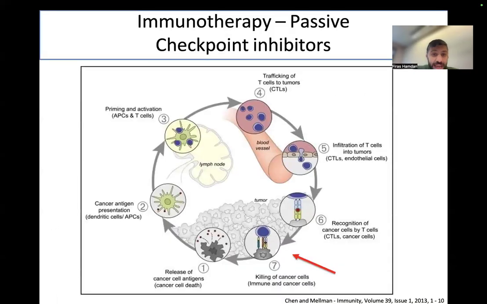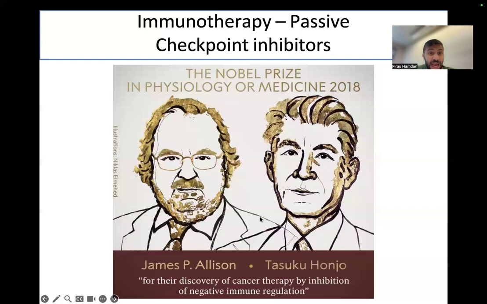Another one that is very used right now in therapy is checkpoint inhibitor therapy. These are antibodies that help T cells recognize your tumor. This is something that has actually won